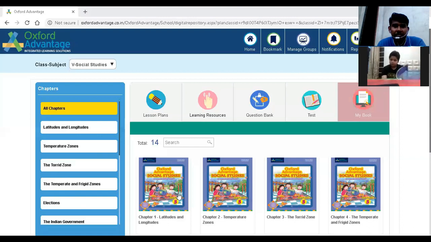Now, second one. The second one, Tropic of Capricorn at 23.5 degree. What is it, north or south? South. Very good, in the southern hemisphere. Again, you said south, it is southern hemisphere. Very good. Next one.